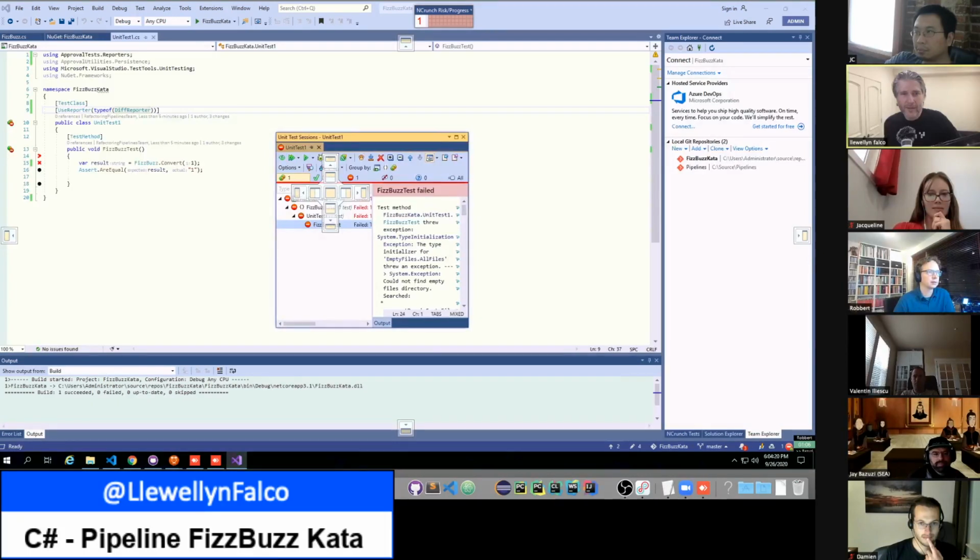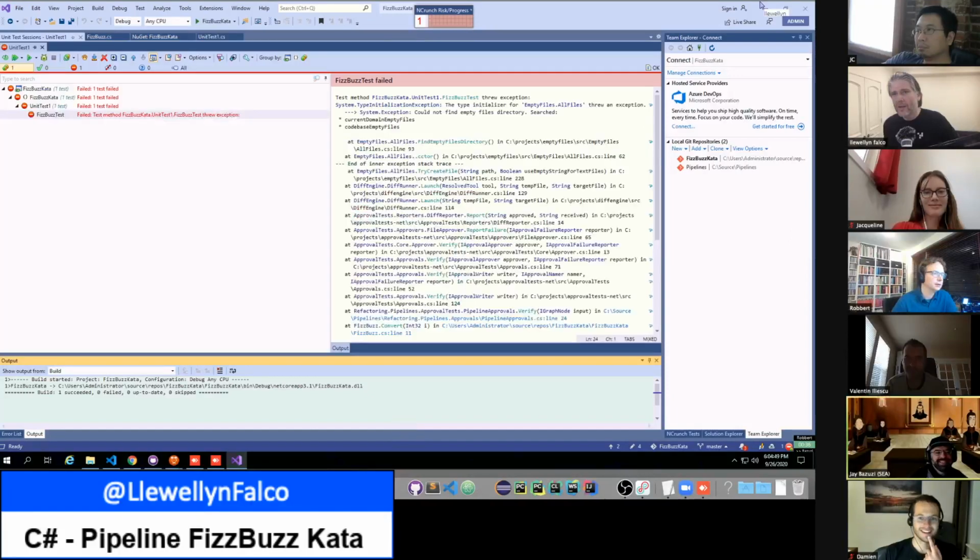You can see my mouse cursor right here. It means dock it in the middle of the window. There you go. It's a really annoying way of moving windows around, but it works.